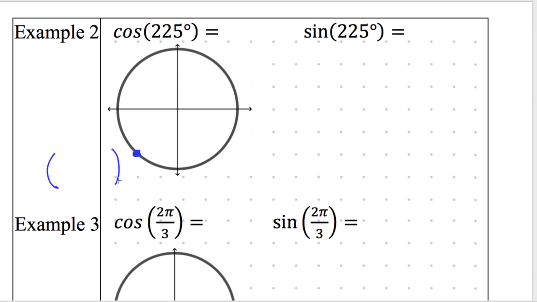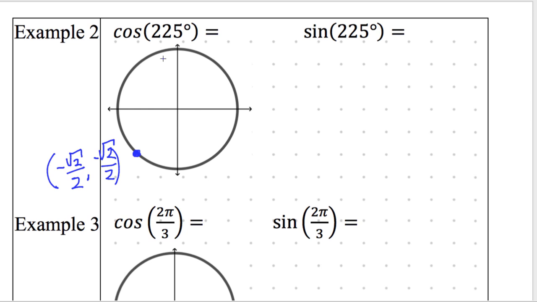The coordinates of this are what, comma, what? Negative square root of 2 over 2, and negative square root of 2 over 2. I was hoping I would trick you with those negatives, but you got it. It is negative in the x direction, negative in the y direction, so both the x and the y are negative. Now that we've labeled the point from lesson 9-2, in this lesson 9-3, we're actually calculating cosine of that